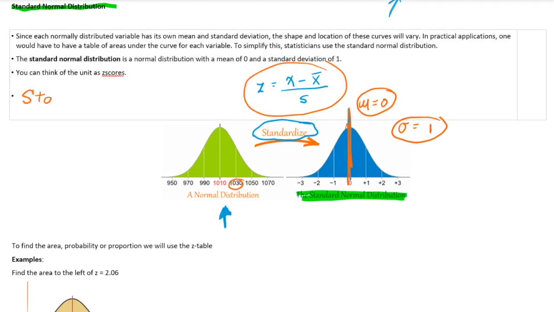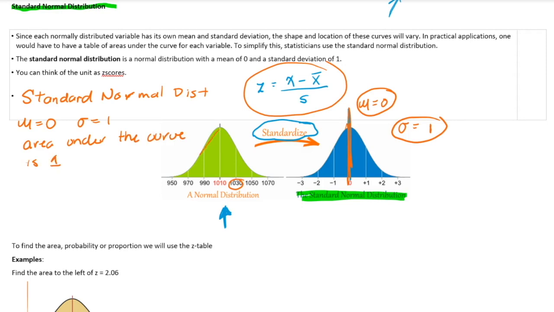So what we need to remember about the standard normal distribution? Well, we need to remember that the mean is 0, the standard deviation is 1, the area under the curve is 1, or 100%. So the total area here and here would be 1, or 100% if you want to. Because it's an area, it can never be negative. If one day you end up with a negative area, I would go back and check what happened,